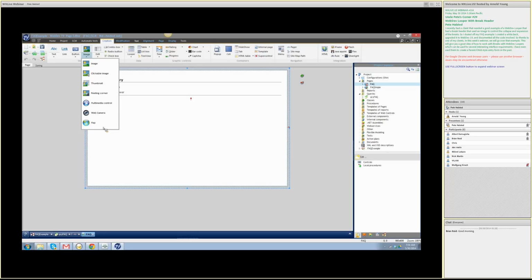So I won't go into the basics of loopers. If you've worked with loopers much, you know that you put controls, in this case statics, inside your looper, and then you create attributes linked to those particular controls. And then, as you see, the content of my looper is that query that we created that flattens everything out. So if we look at category, the attribute for category is linked to the category static, and then linked to just the category description from the query. That's all straightforward looper stuff, nothing out of the norm there at all,